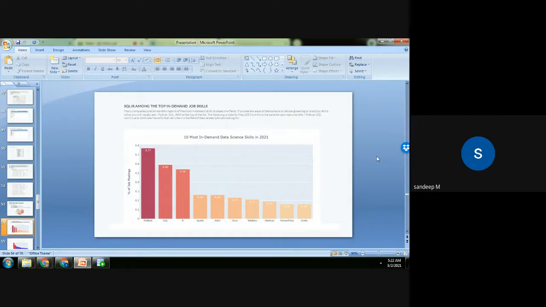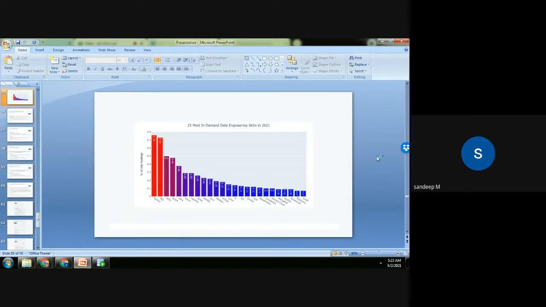So SQL is one of the most in-demand skills in this area. If you are planning to get into data science or data analytics, machine learning, deep learning, those sort of areas, Python and SQL are the two skills that, along with cloud computing, together will make you a perfect choice for recruitment. Any survey you look at, you will see this. Python and SQL are always at the top of the list of any survey. And this is what the job market today is. Python and SQL is a powerful combination along with cloud computing.